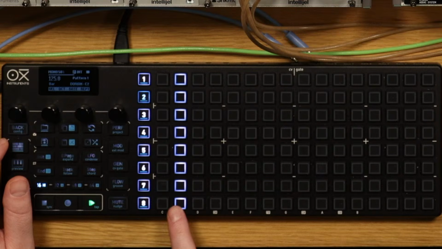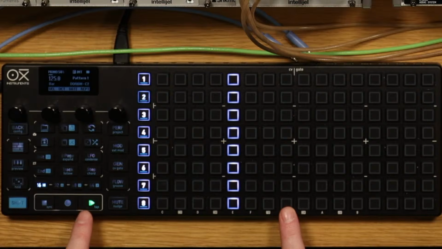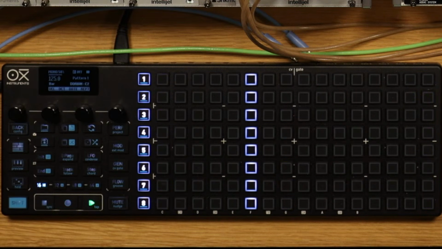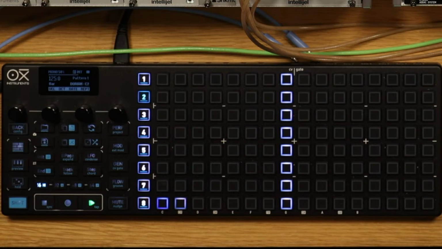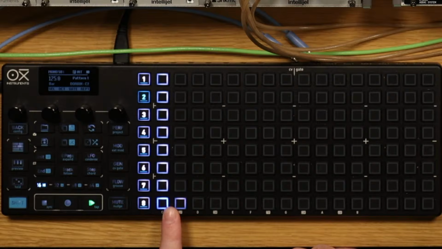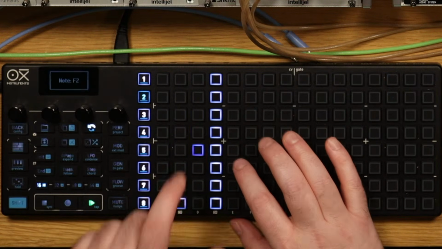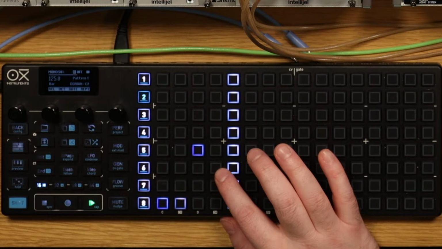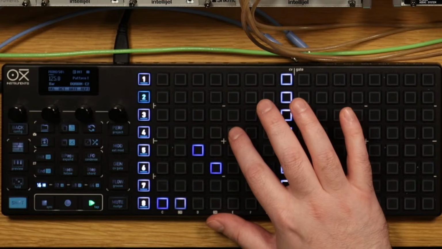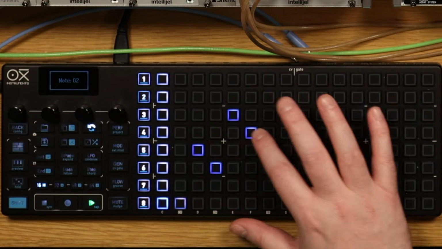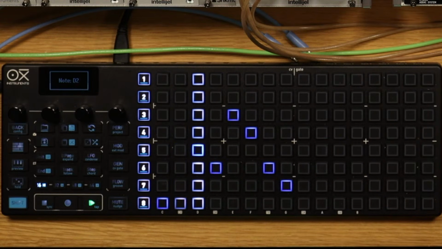So each one of these, maybe we'll do 8 bars. 2 bars of C, and then maybe the 4th, the 3rd, the 6th, the 5th, the 3rd, the